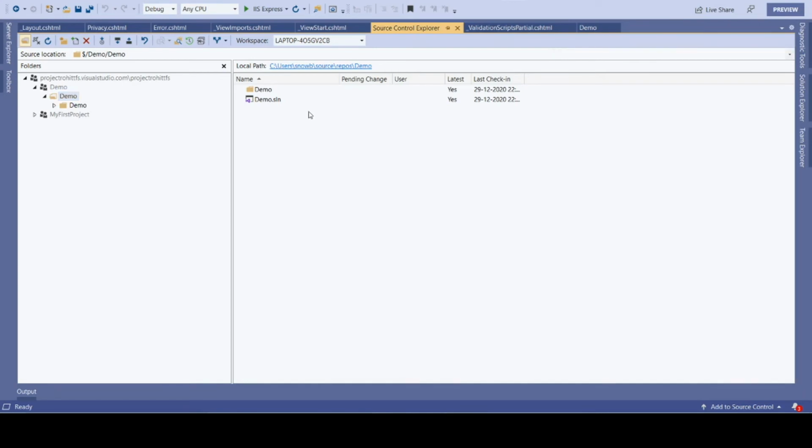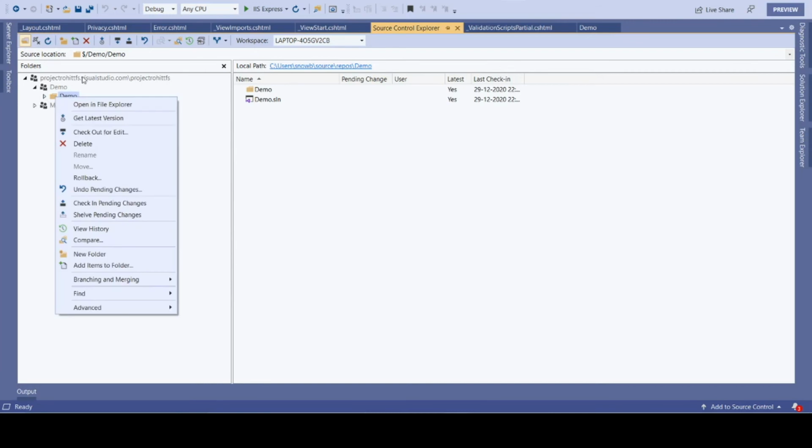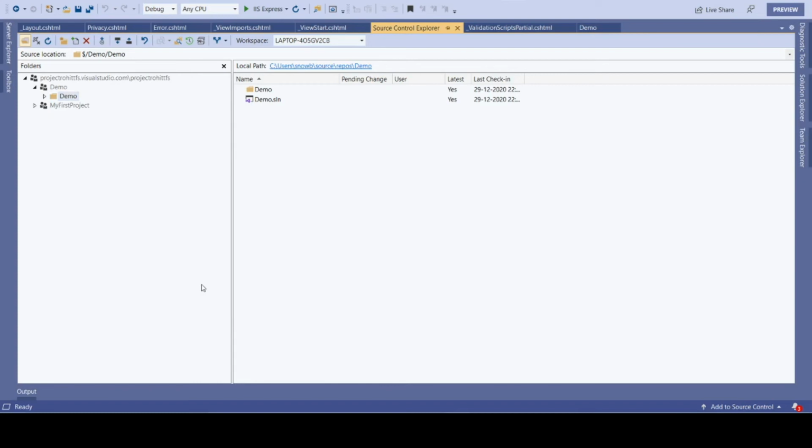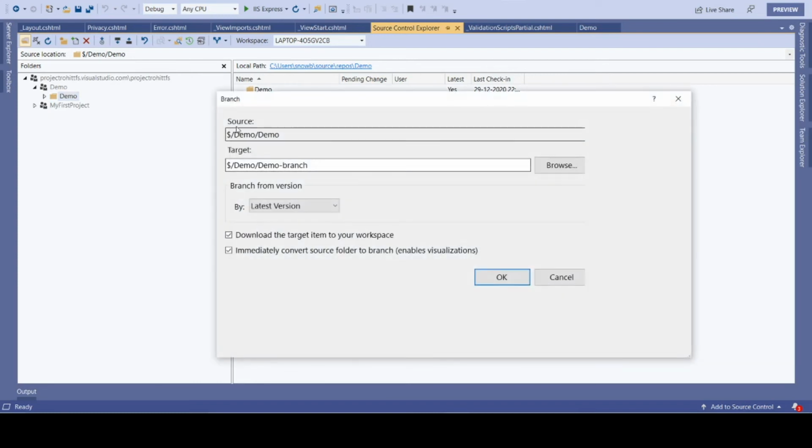The next thing I want to discuss is the branch and how to create branches. Right click on the project in the Source Control Explorer, go to branching and merging, and click on branch. It will ask for the source location and the target location, and I'll name it production.